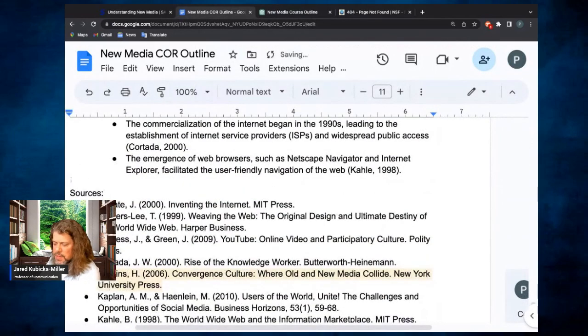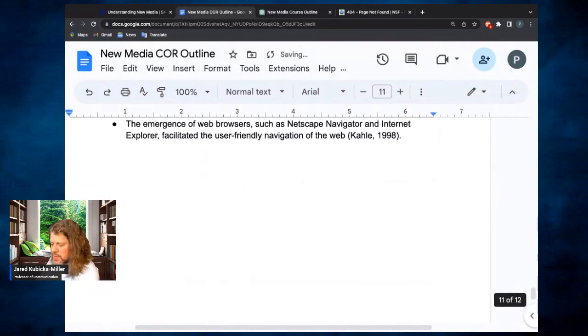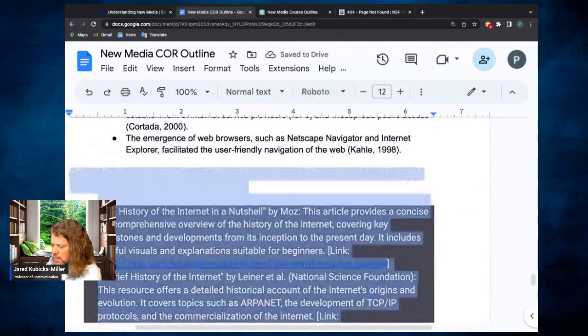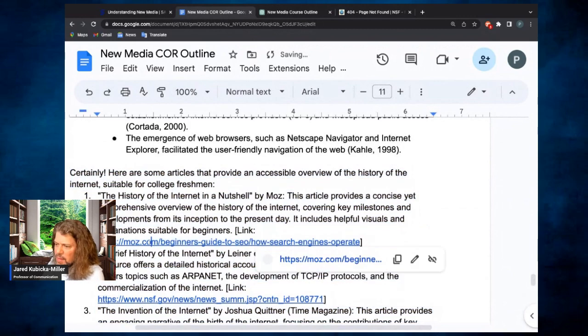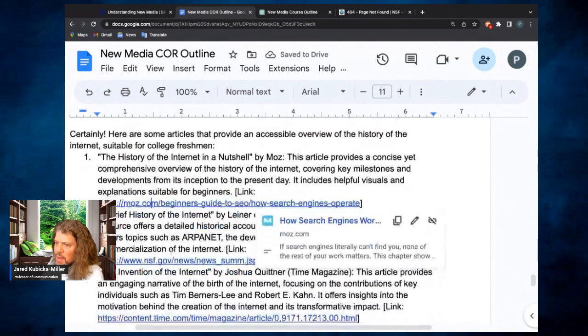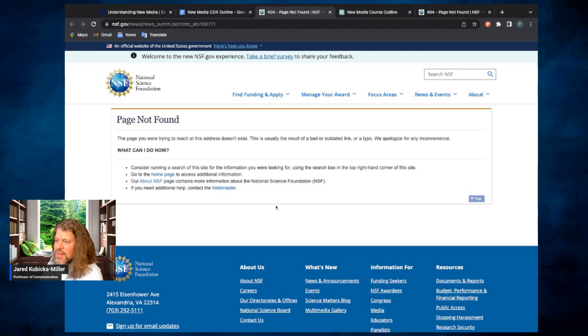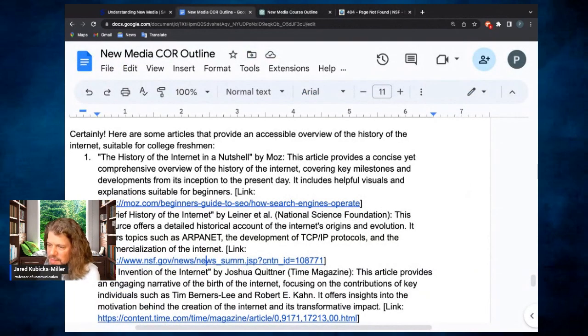Because they are at the end there, I'm going to do this. Boom. Let's take a look. See, look at this, a beginner's guide to SEO. That's not the same thing. This one is broken, right? Not found.